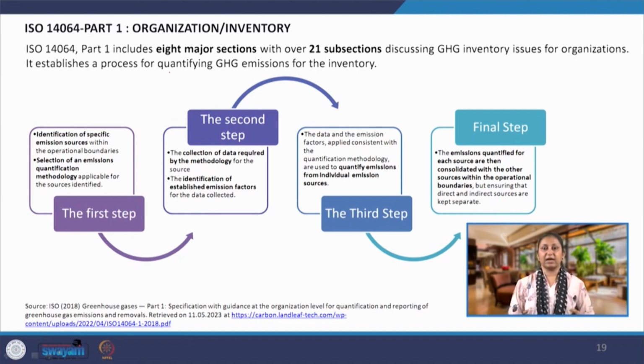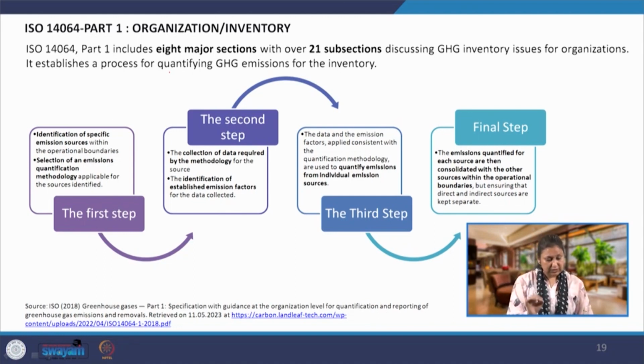So, in an academic institute, what are the emissions, what could be the possible emission sources? For example, transportation. So, what all vehicles are coming in? Then we also have, for example, in the hostels, in the messes, the cooking is happening. So, what kind of fuel is being used? So, we have to identify these emission sources within the specific operational boundaries, and then we have to identify, select